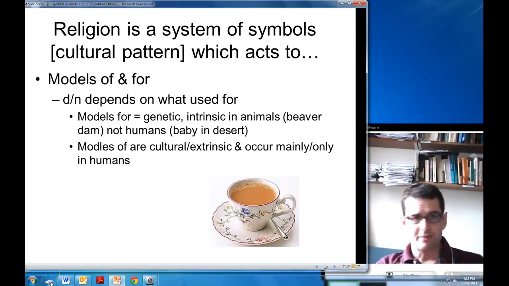This is not the case with a beaver. A beaver, for example, knows what it needs to do right from the beginning. It knows how to make a dam. If I want to make a dam, I need to get a blueprint. I need a guide for how to make a dam. So these are models for how to behave.